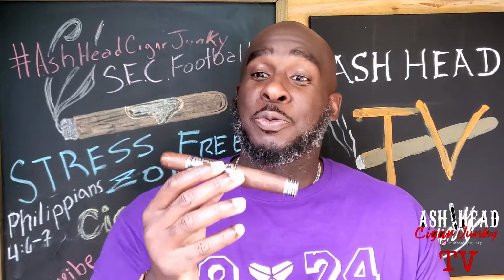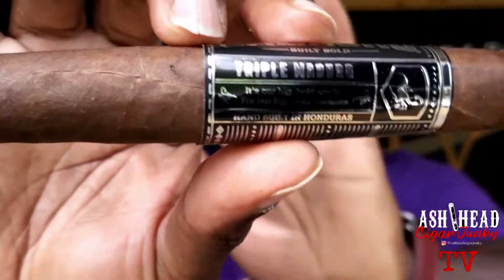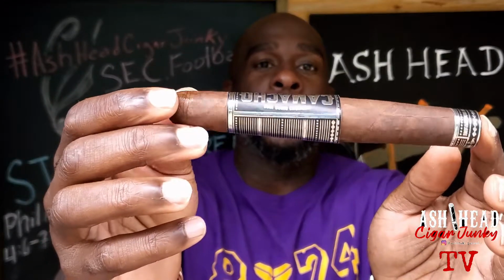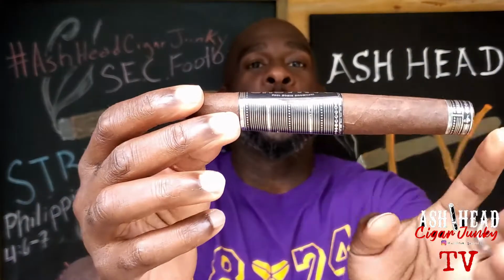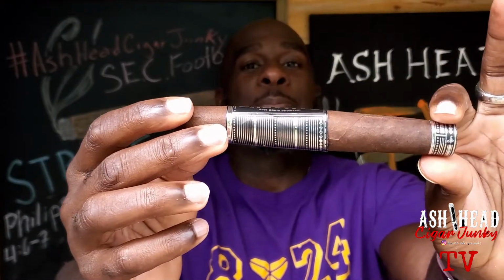And we are back and here with the Camacho Triple Maduro. It's our big, bold smoke for our big, bold smokers. I don't know if you can see that on the band of the cigar, but the cigar has a very unique figurado shape. It has that almost bowling ball pin shape to it, where it swells in the middle and it tapers towards the foot of the